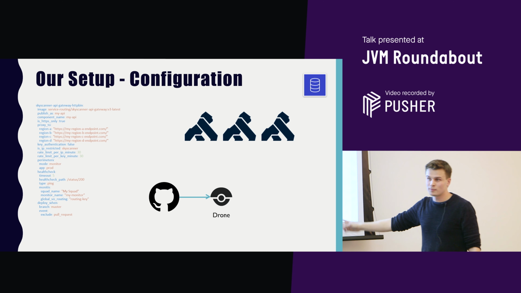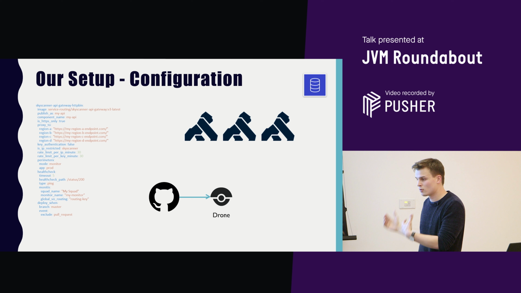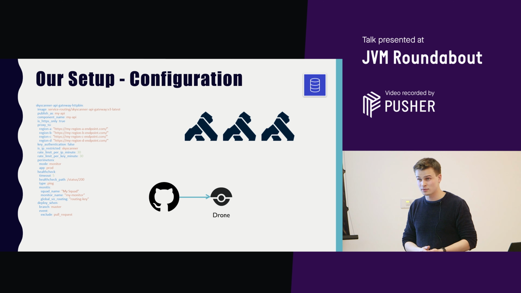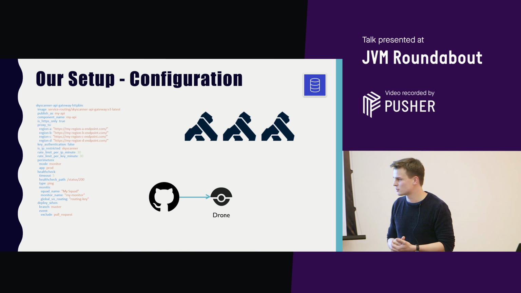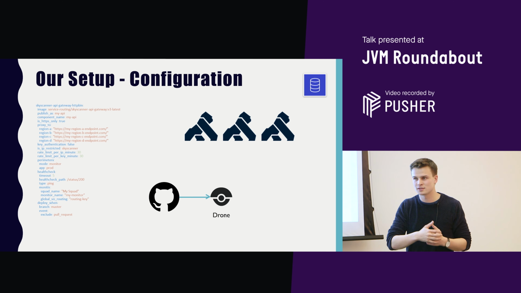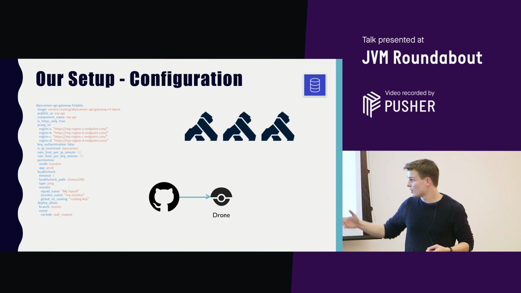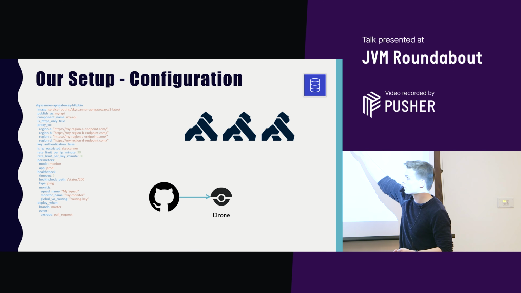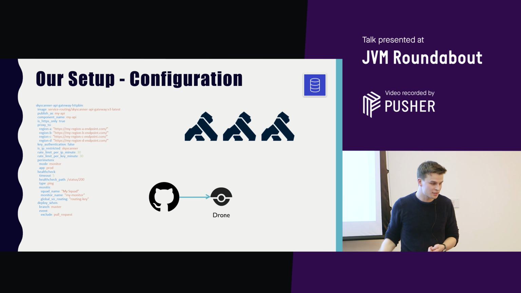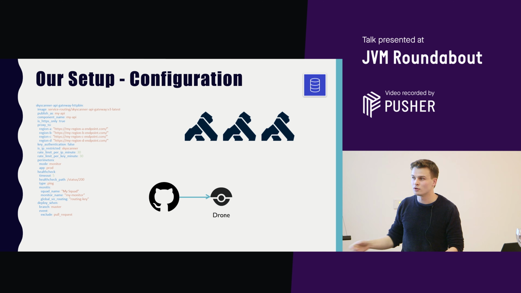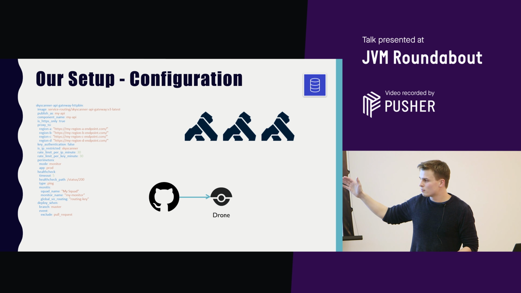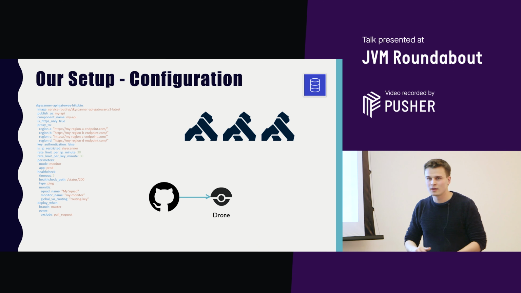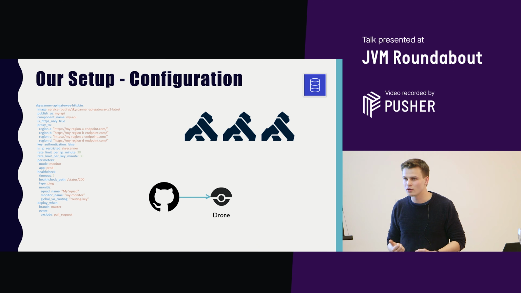We trigger a drone build when engineers merge to master. Because at Skyscanner we have this concept that a merge to master is a release to production. So what we could do here is have drone just talk to these Kong instances, and this is actually what we used to do. The problem with this we found was that at any given point, it's really hard to know what should be running in production.